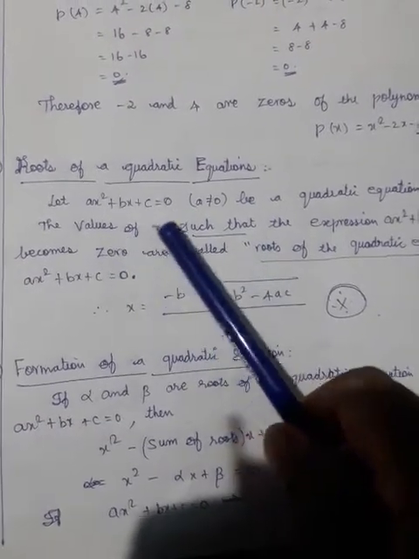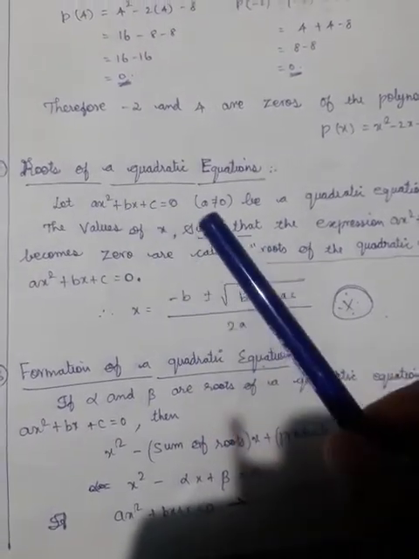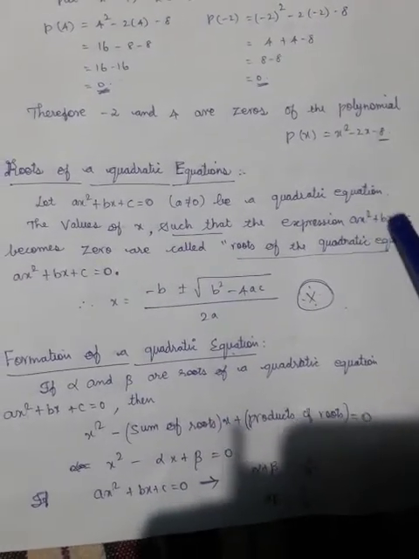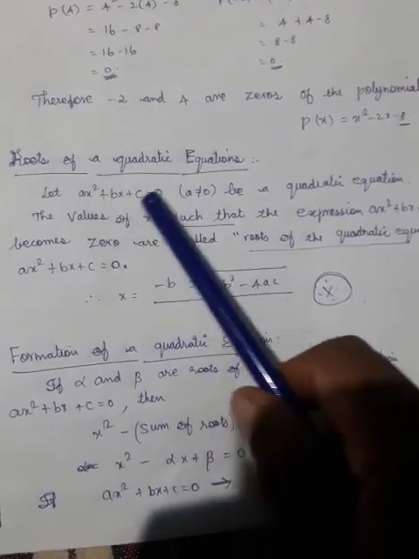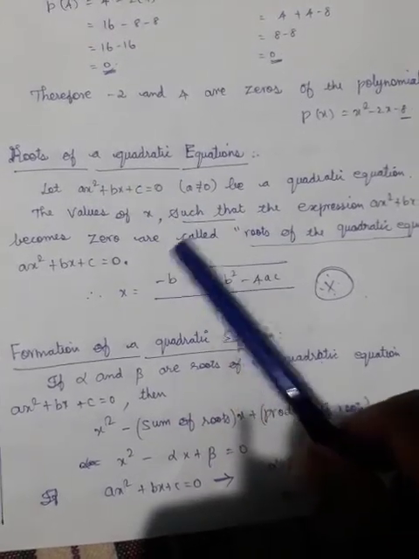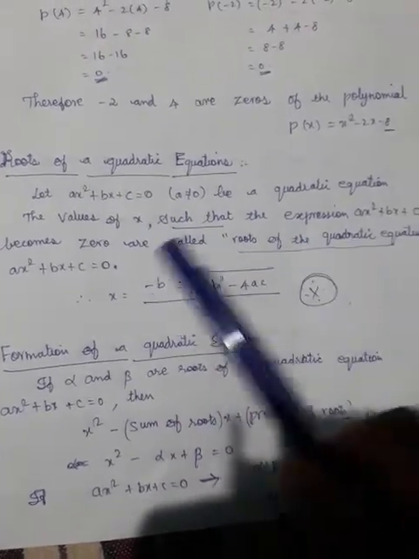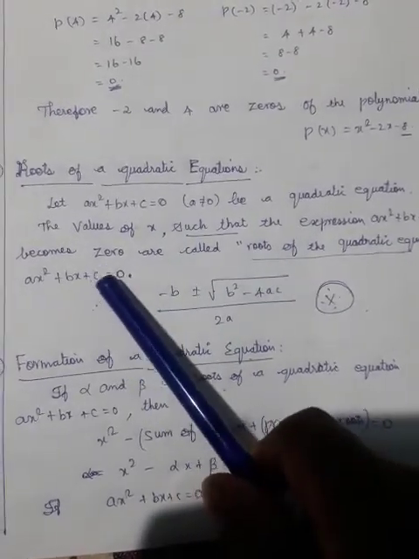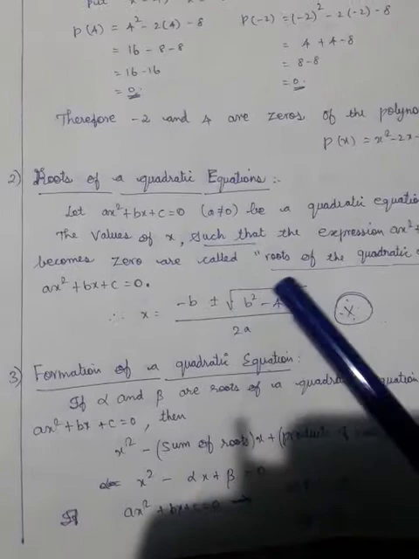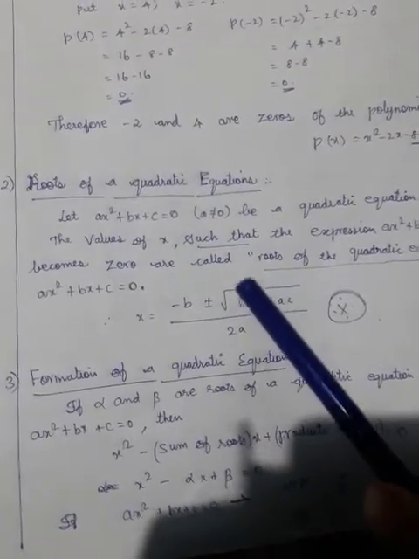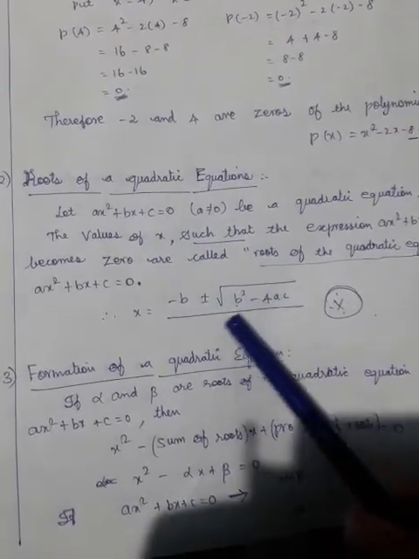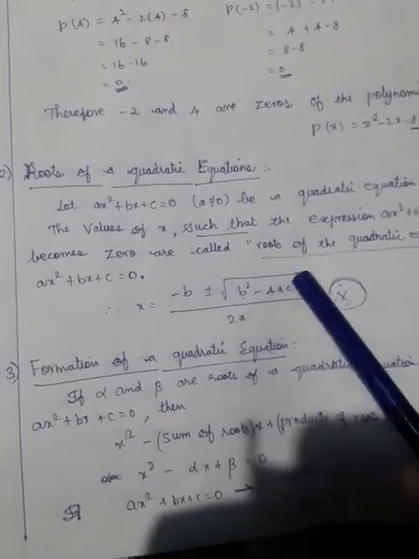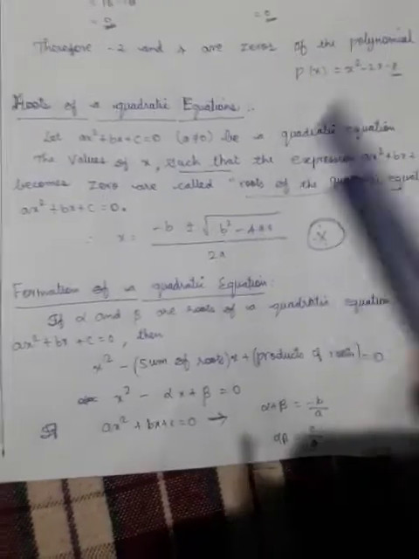The values of x such that the expression ax square plus bx plus c becomes 0 are called roots of the quadratic equation. This is the quadratic equation formula for roots: x equal to minus b plus or minus root of b square minus 4ac